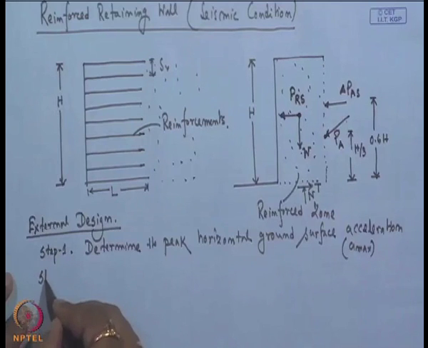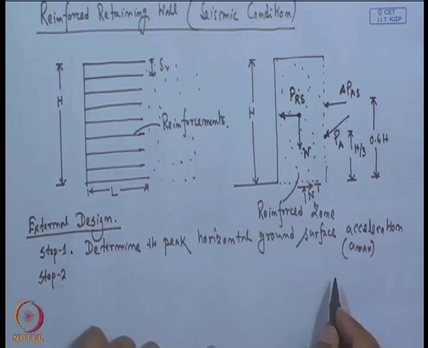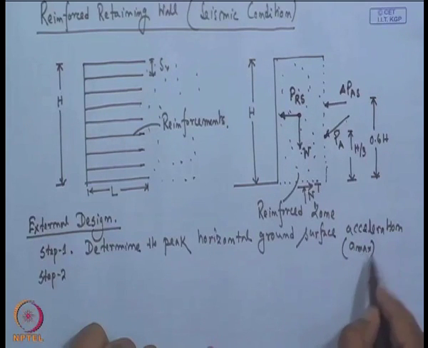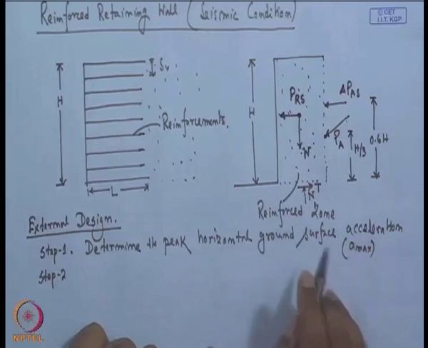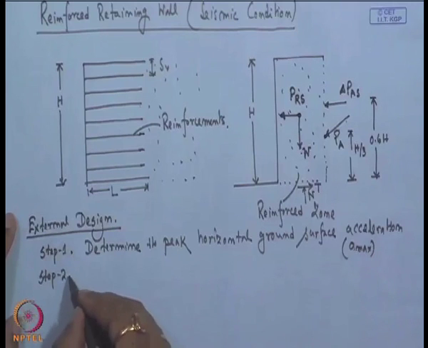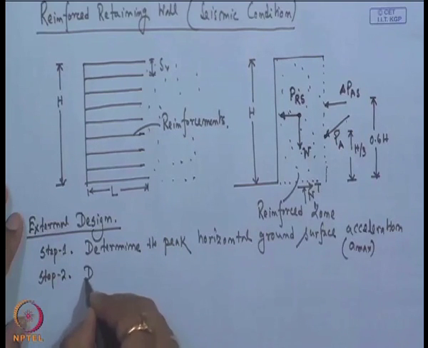Now, step 2. The processes by which we can determine A max are beyond the scope of this lecture. So, here we assume that we know A max. This A max we have to determine for a particular site, and once we know this A max for the seismic condition, then we have to determine